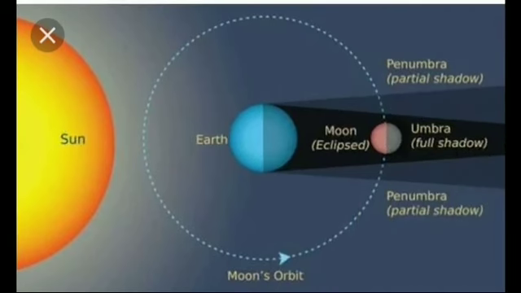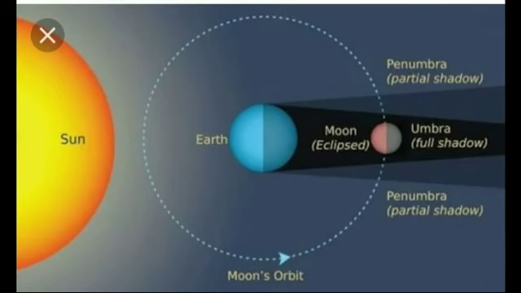Next topic, interesting astronomical facts. First one, lunar eclipse and measurement of shade of Earth. On January 31st, 2018, there was a total lunar eclipse which was observed from various places including Tamil Nadu. It is possible to measure the radius of the shadow of the Earth at the point where the moon crosses. When the moon is inside the umbra shadow, it appears red in color.